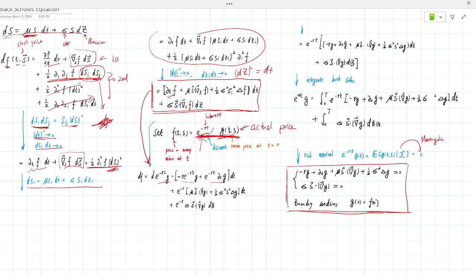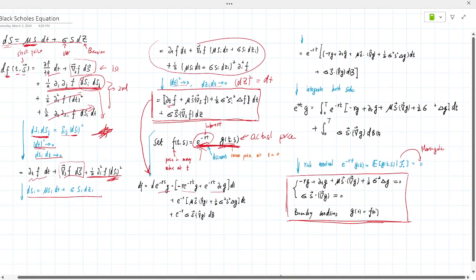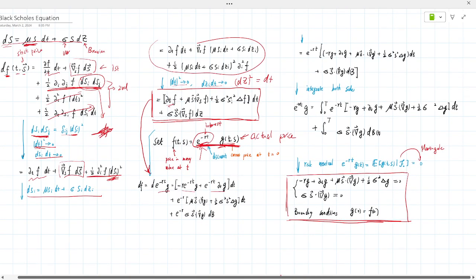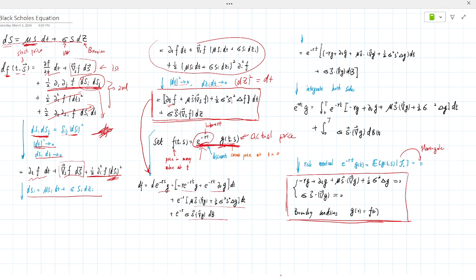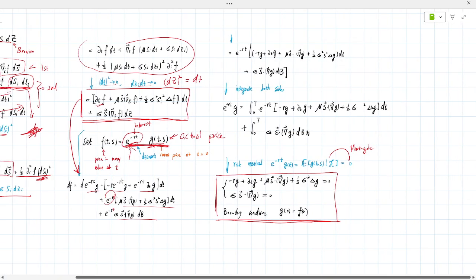Since this extra term only involves time instead of S, it doesn't pass through any of these terms. Sorry, there's a t missing. Tidying everything up, put rt all the way out of the parentheses. We have this expression. If we integrate on both sides,